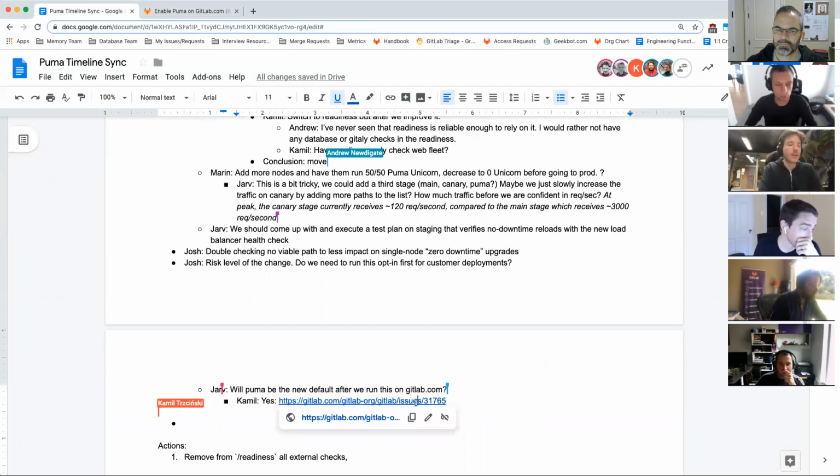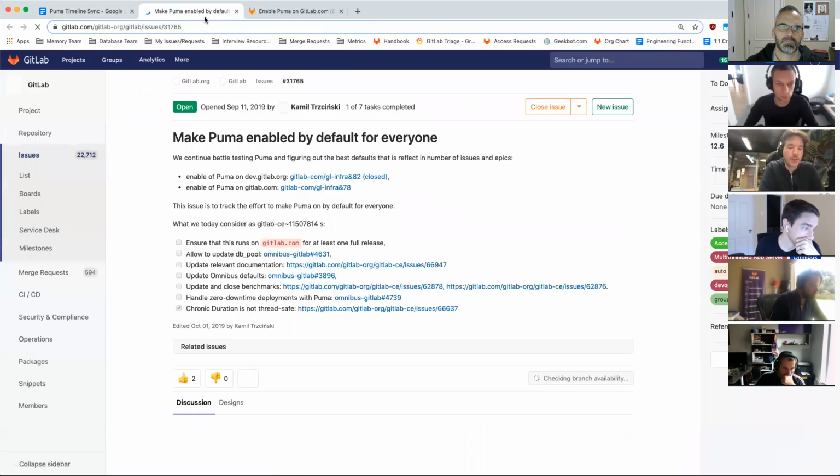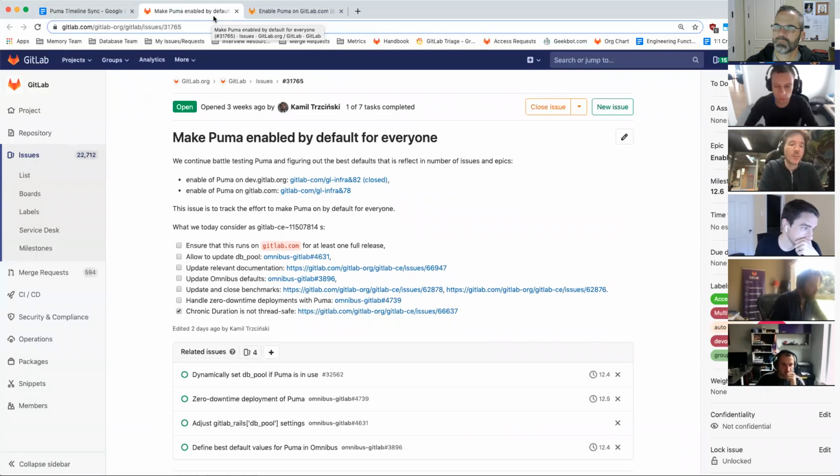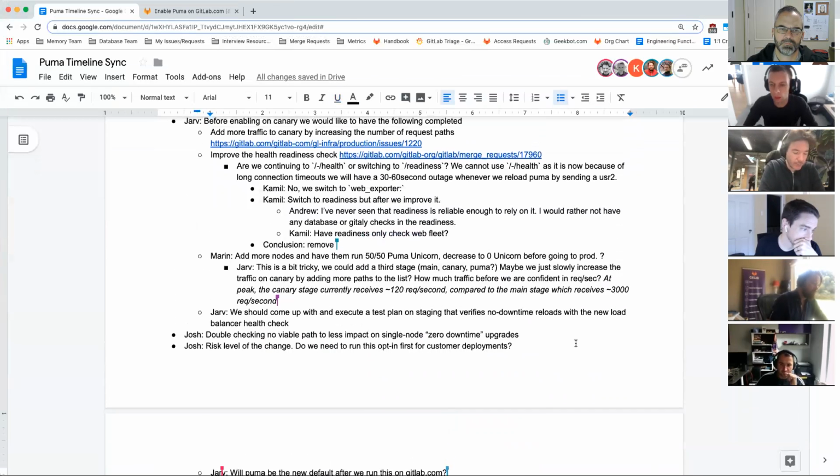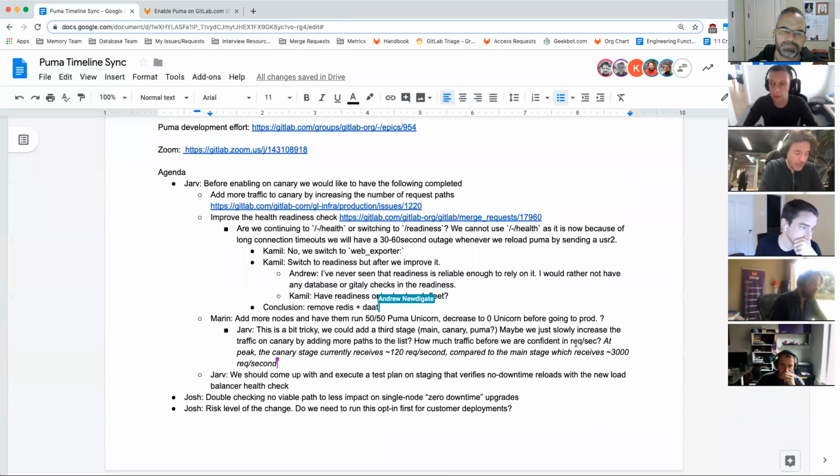Okay, so the end result here is that we will switch the health check possibly only on the web fleet, or should we switch it everywhere? I would say everywhere if we're going to switch it, which means API and web. I would say everywhere as well, but first we